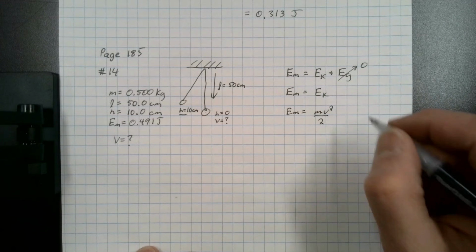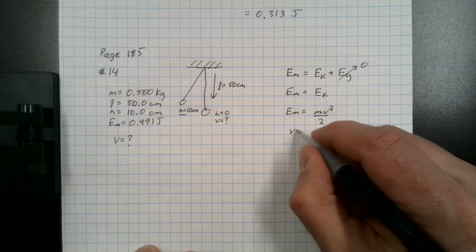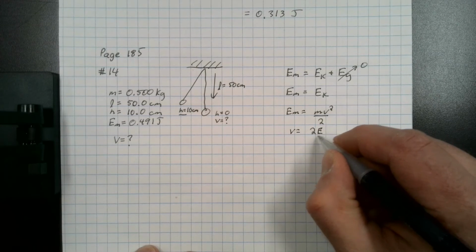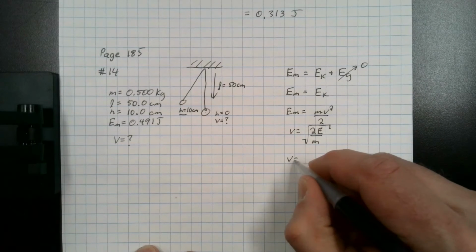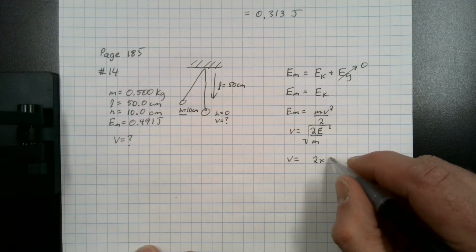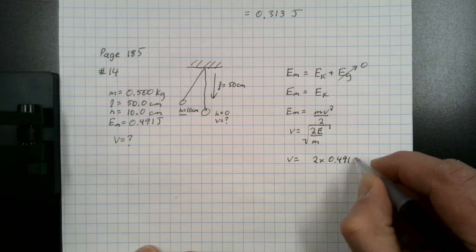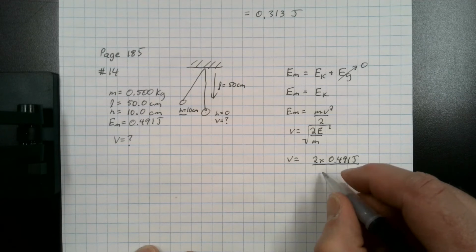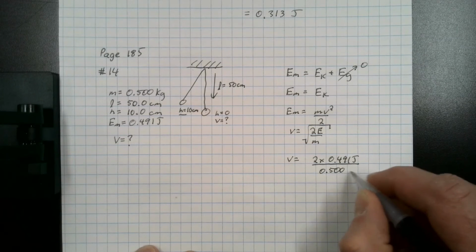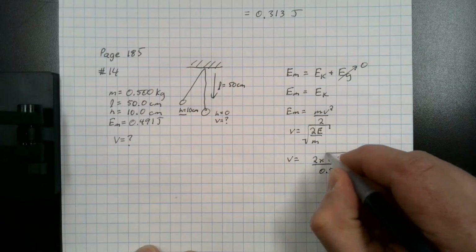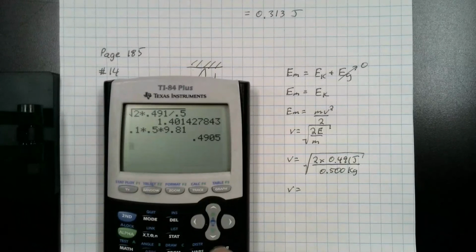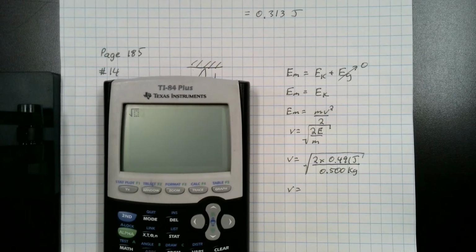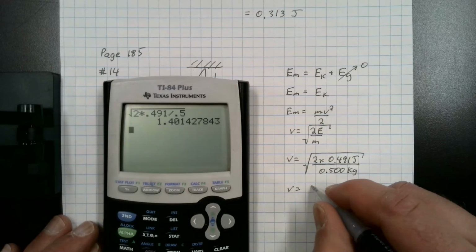So our mechanical energy in this case is going to be equal to the mass times the speed squared divided by 2. So rearranging for velocity, we're going to have 2 times the energy divided by the mass, and then we have to square root the whole thing. So our V will equal 2 times our mechanical energy, 0.491 joules, all divided by our mass, 0.500 kilograms, and we square root the whole thing to calculate our velocity. So we grab our trusty calculator again, and we go square root 2 times 0.491 divided by 0.5 gives us a value of